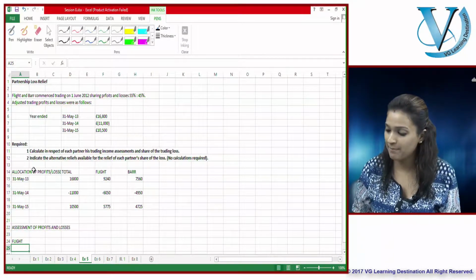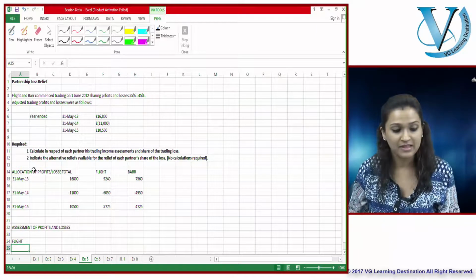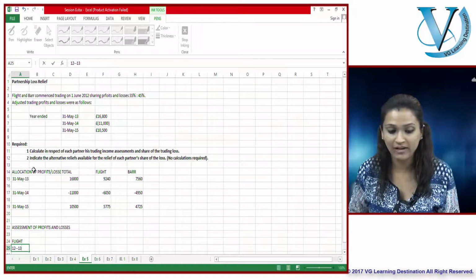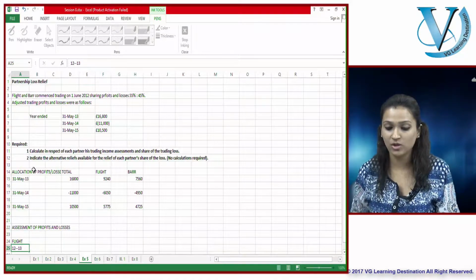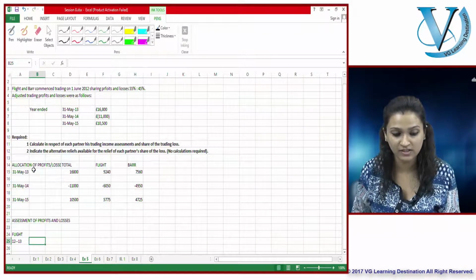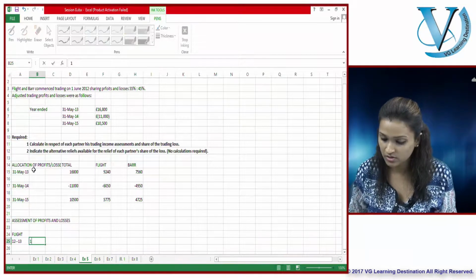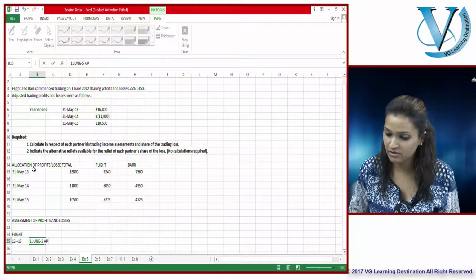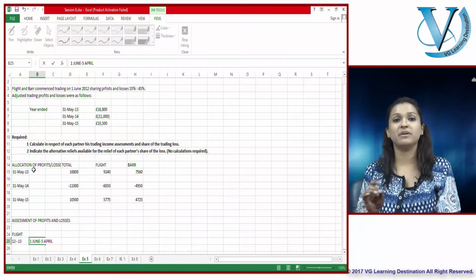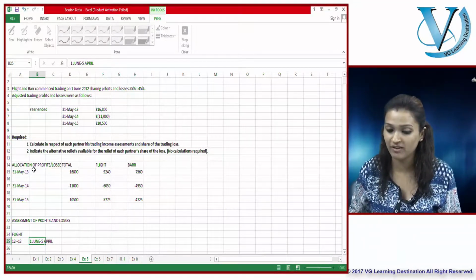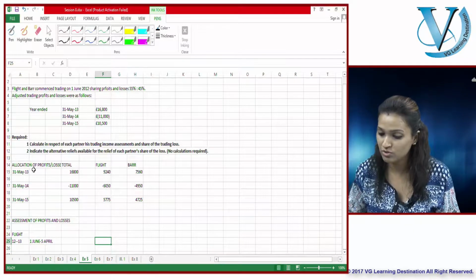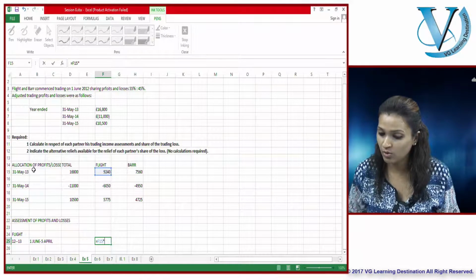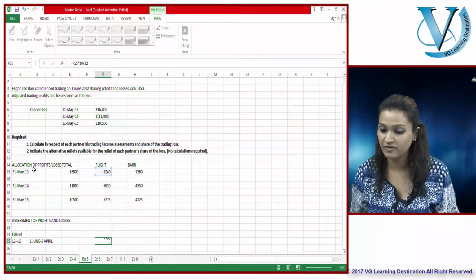For Flight, what happens basically? The first year is what? The first year is 12, 13. So 12, 13, you are at your actual year basis. You start from the 1st of June up till the 5th of April, which basically means a period of 10 months out of the 12 months which have been told. So you take out of this total income, you take only the 10 months of profits.